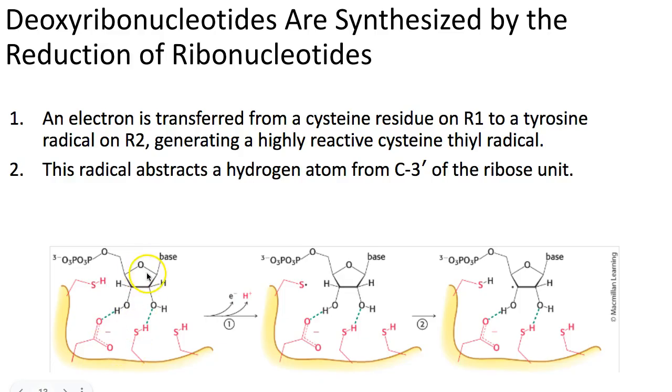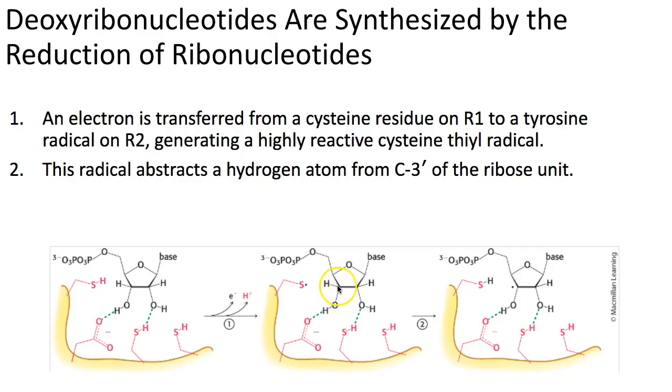And notate that your nucleotide, or the ribonucleotide, is attached to each of either the tyrosine or the cysteine of the enzyme that is used to reduce the ribonucleotide. Okay, so now that we have this radical, the radical abstracts a hydrogen atom from the carbon 3